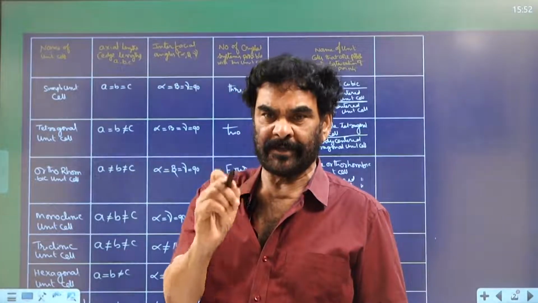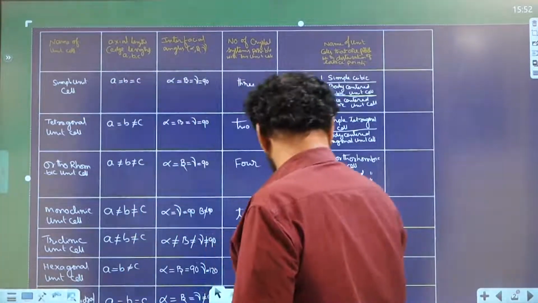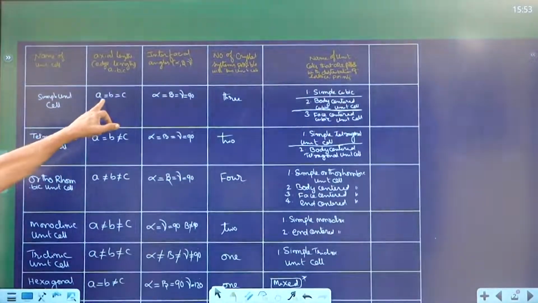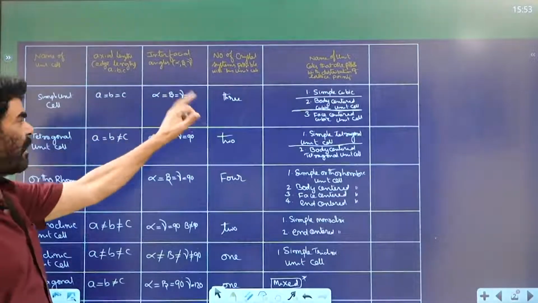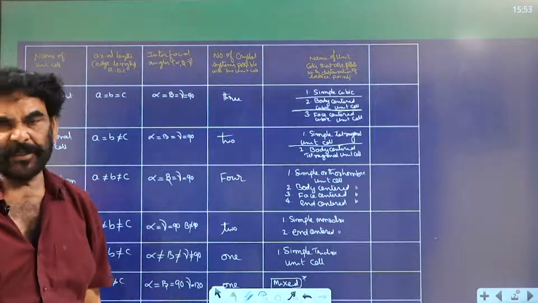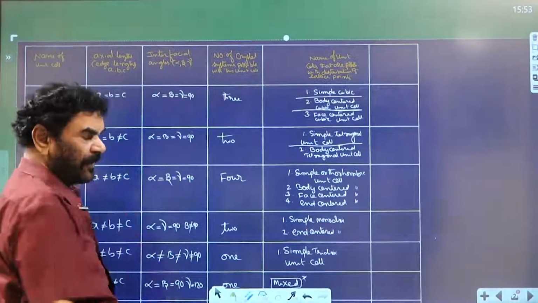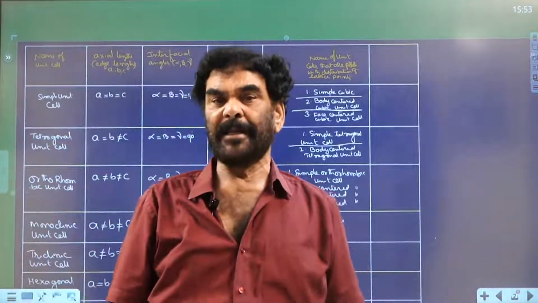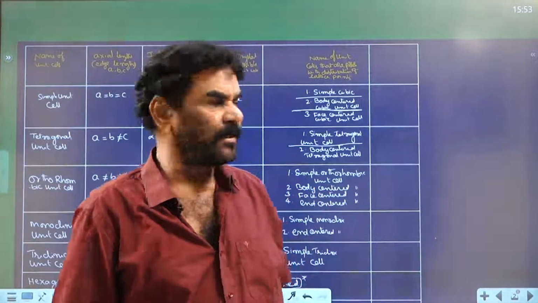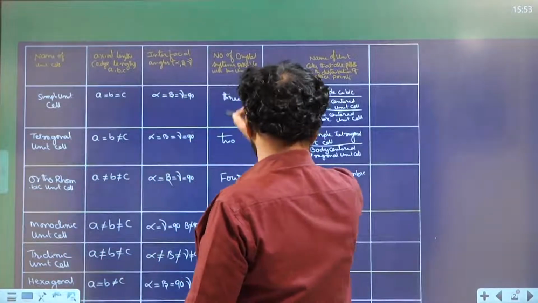So if this is the relation in the unit cell between the axial lengths and the axial angles, then that unit cell is named the simple unit cell. Edge lengths are same and angles are 90, perpendicular to each other at the corner. So it is called the simple unit cell, irrespective of the position of the lattice points in the unit cell. Only cell parameters are taken into consideration. So, leave this part, I will explain afterwards.